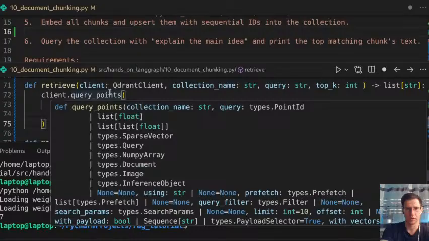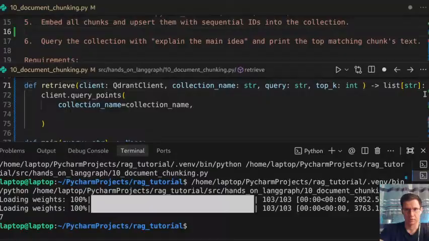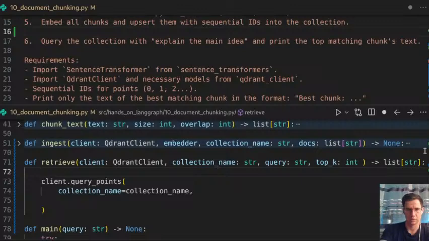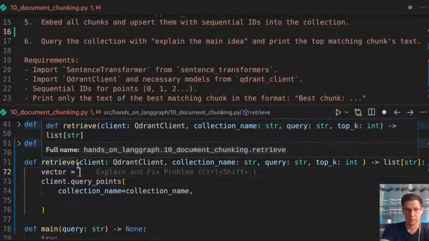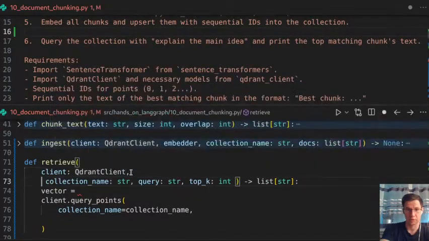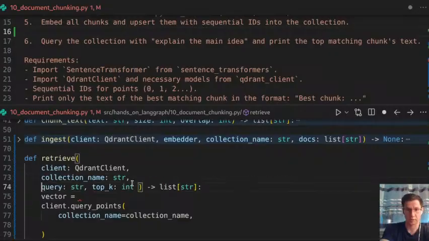Secondly, we need query, which is the vector, and for the vector we need the embedder model. So let's provide the embedder model